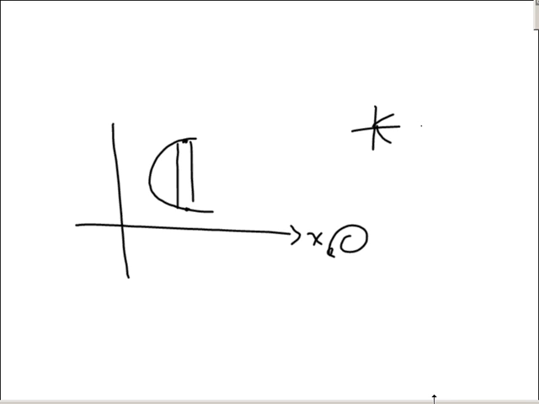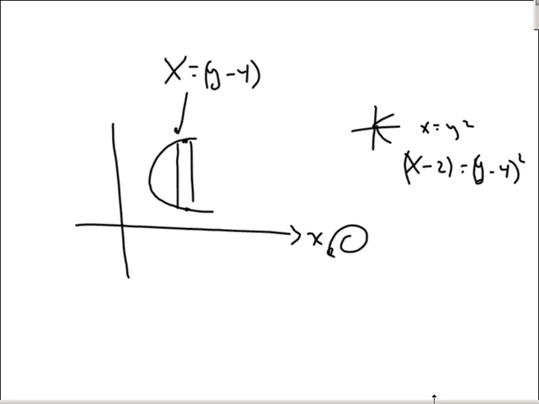This will be x is y squared, and so it might be, let me think, something like x minus 2 is y minus 4 squared. So this equation might be x is equal to y minus 4 all squared plus 2. That's the equation. Now, the problem is,